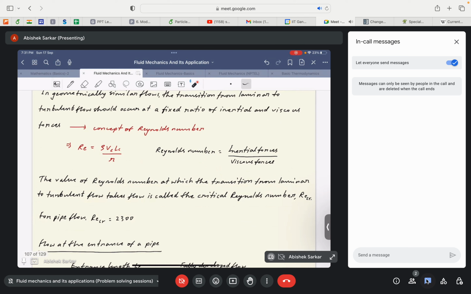In the case of pipe flow it is 2300. In the case of flow through a duct, this value will change. Similarly, for flow over a flat plate, the value of critical Reynolds number would change. If I am not wrong, I guess it's in the order of 5 times 10 to the power 5. So you can clearly see this difference, right? So in the case of a flow over a flat plate,